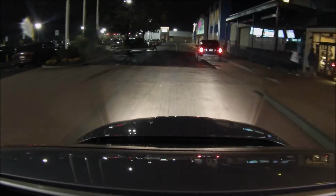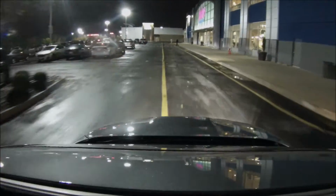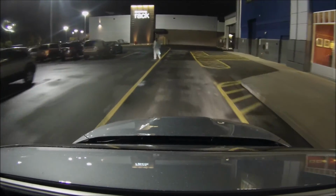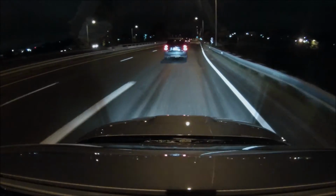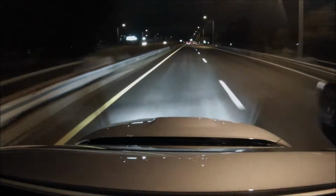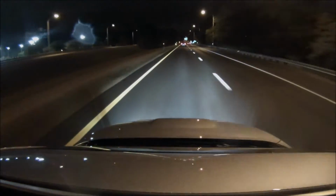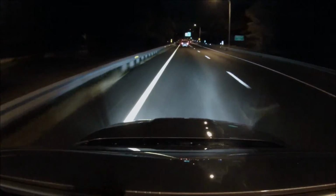As you can see, I'm at the Warwick Mall next to Buffalo Wild Wings, and of course there's not much required headlight use here, but I'll take you a little further ahead so you can see the headlights in action in a darker area. Okay, so now I'm on 295 South here, and we're just going to travel down to Route 2 into Warwick, and we're going to go to the East Greenwich movie theater where there's another car meet,